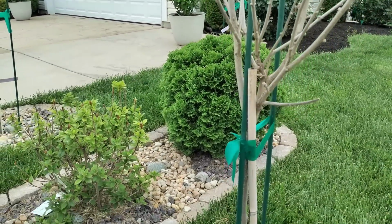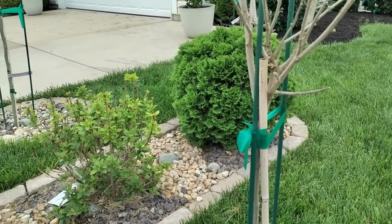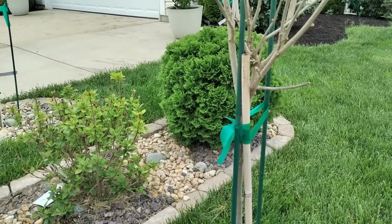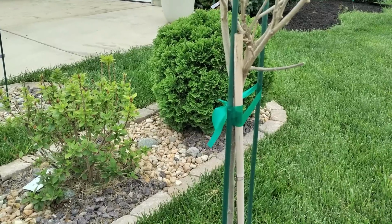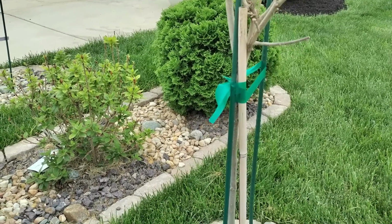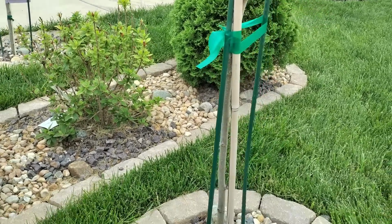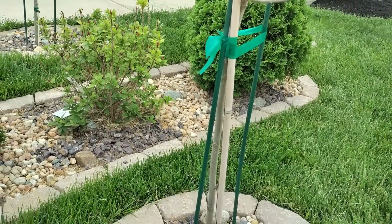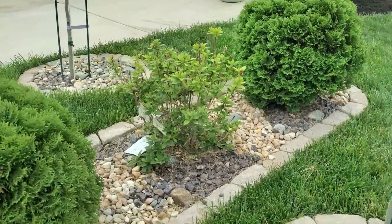I do have a warranty on it, so we're going to be getting that replacement. It's from Fast Growing Trees. What has delayed the replacement is that I'm waiting for the size. I had purchased a 4 to 5 foot, but they did not have that available. They're hopefully going to have it in stock in a few weeks, and then I'll be able to get this one replaced. But the second one